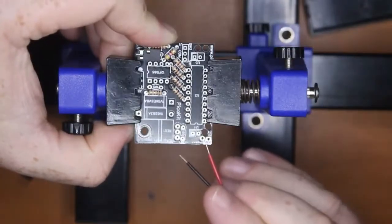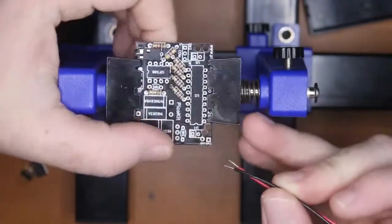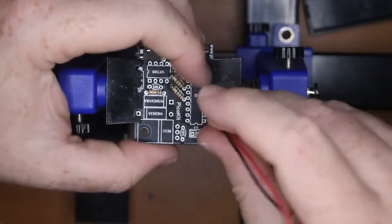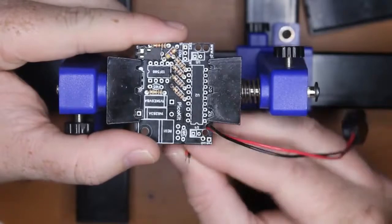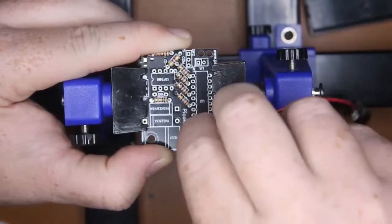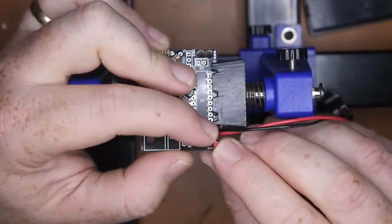we've got power up the top here, power and ground, and we actually want to use these holes as a mechanical advantage. So we're going to solder on the back. So we push this wire down through those two holes, and once that's down a good inch or so, we can put it up through the other hole, so both wires through both holes, and I'll bend that over and poke that one down